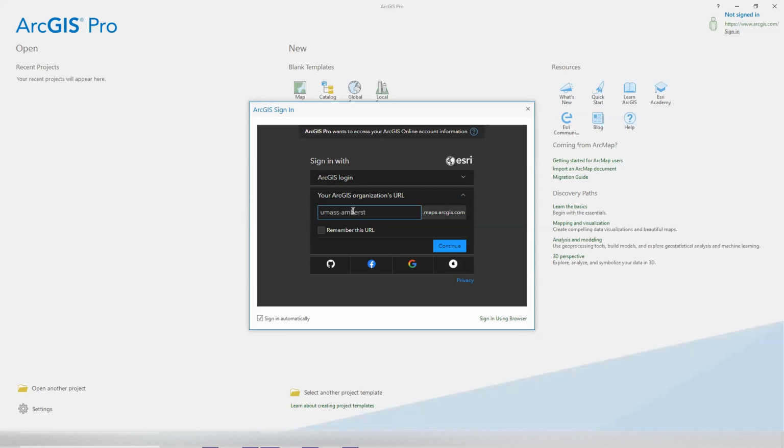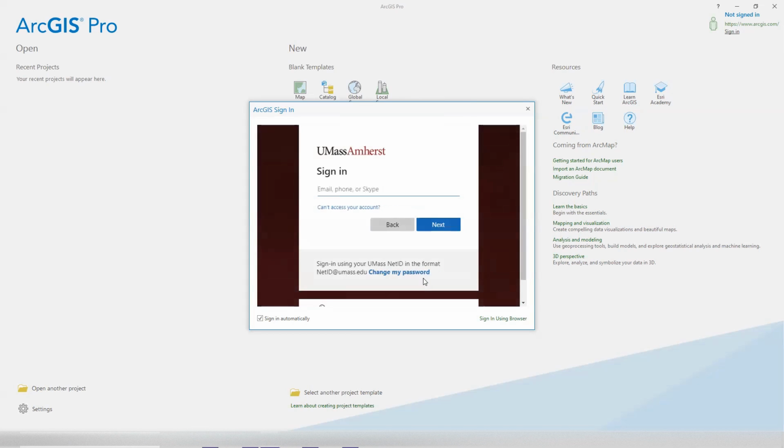You are with UMass. This is our organizational URL, UMass-Amherst. Once we pop in UMass-Amherst into our organizational URL, we're going to hit continue. It's going to ask us for our full login information, and you're going to do that at umass.edu. Have to add the at umass.edu piece to this. If you don't, it's going to not like you. It's part of the way that the new UMass accounts are handling the kind of Microsoft patch through the licensing here. Once you get that all set up, and I'll put my information here in the background,